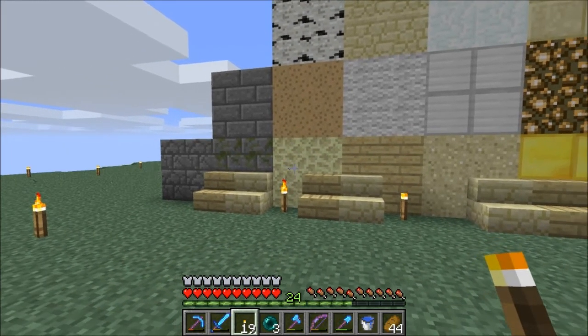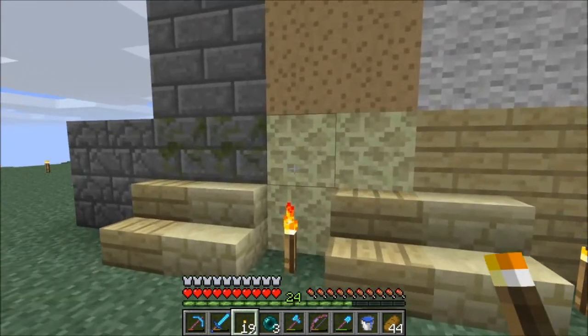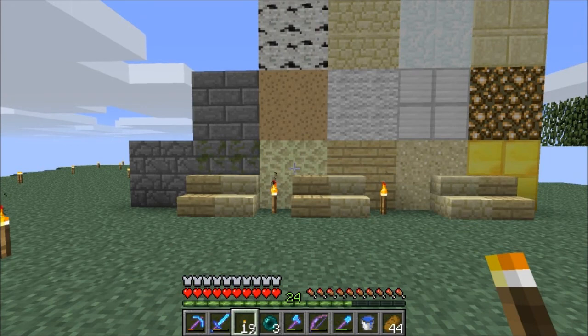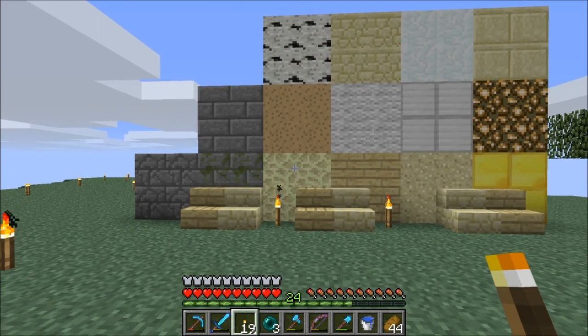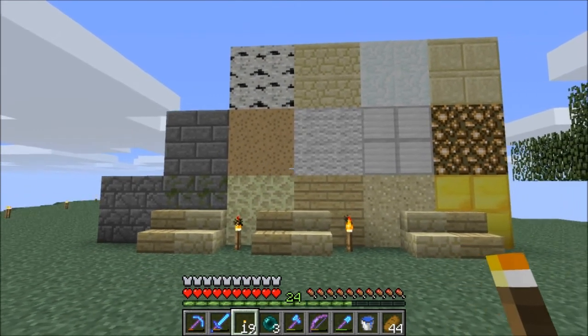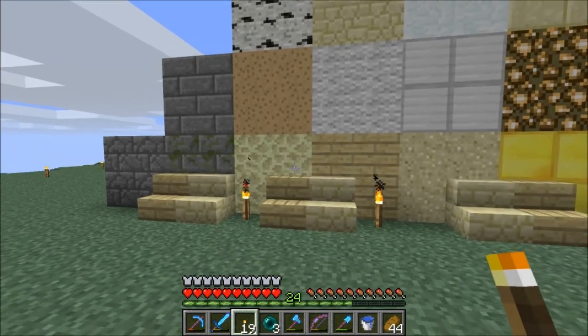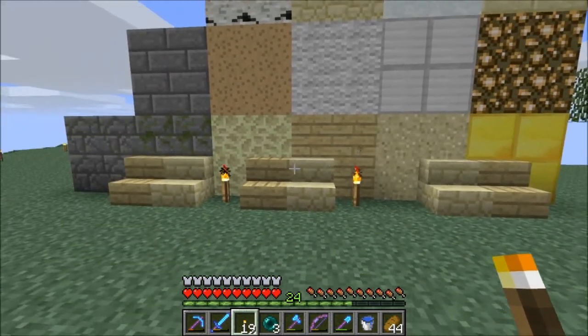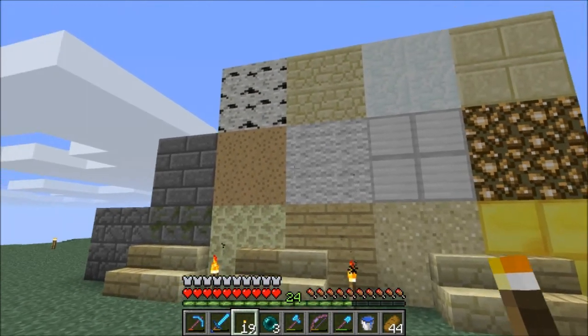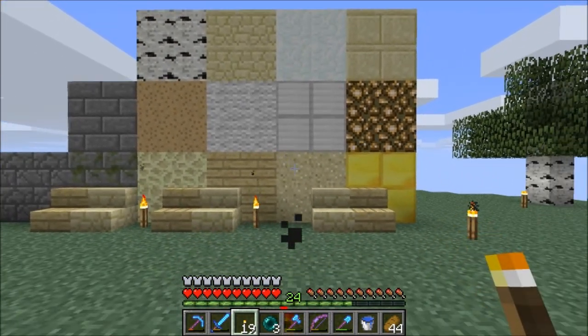I definitely want end stone, which is this one here, which you can only get from the end. I've never built a house out of end stone, so I want to give it a go. And because I haven't really had much experience with it, I wanted to put it next to a bunch of other materials to see what it looked like, particularly the stairs. So I've got sandstone stairs and birchwood stairs there, and sand,